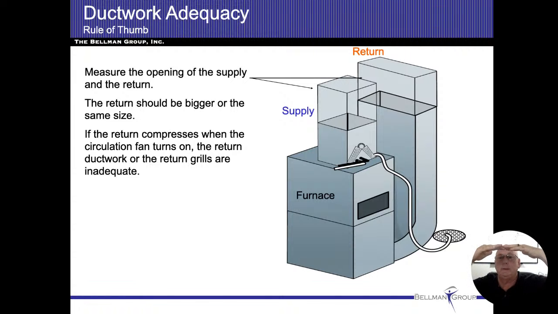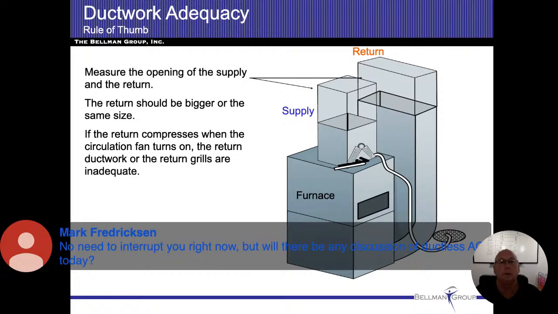Discussion of ductless AC today? No. Mark just asked me if there's going to be any type of ductless air conditioning. I got nothing on that. So the answer is going to be no, nothing's in there at all. Sorry. Going back to